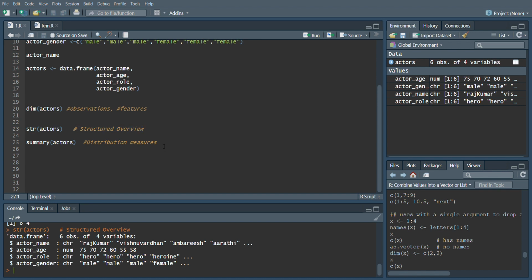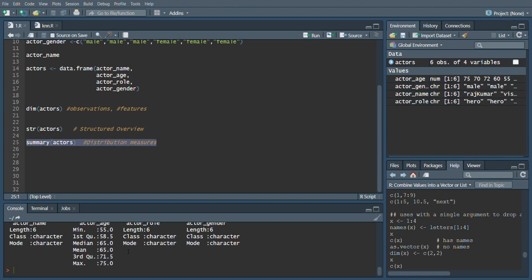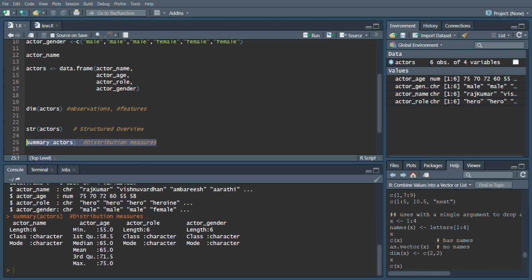And if you want to get distribution measures, for example, how the values in each feature have been distributed, then you can use a function called summary. So interesting, see here. With the help of this we can see how data has been distributed in each feature. For example, in case of the name feature, since it is a character array, the distribution will not come into picture here. Again, role does not come into picture. Again, gender will not come into picture.